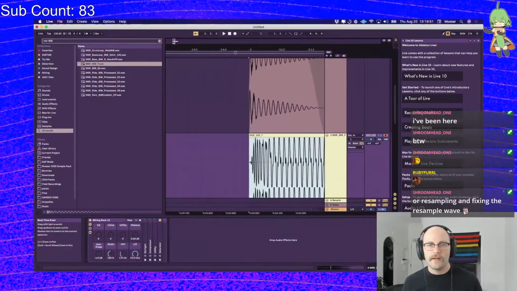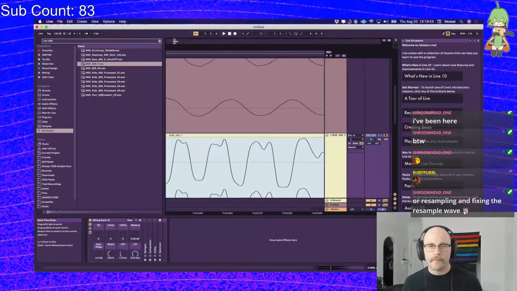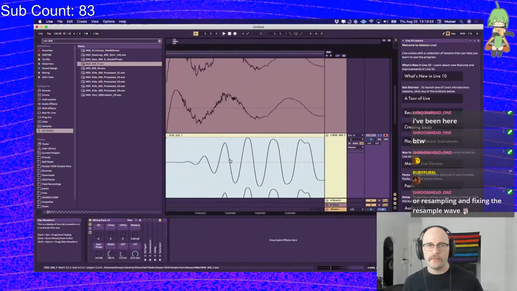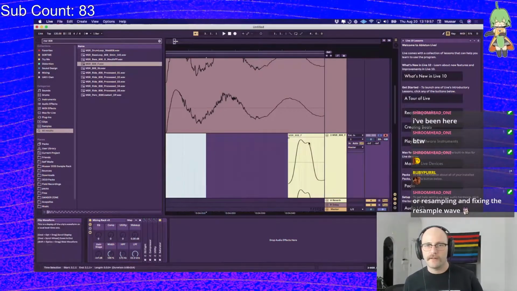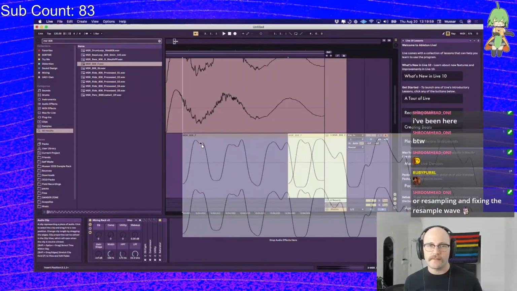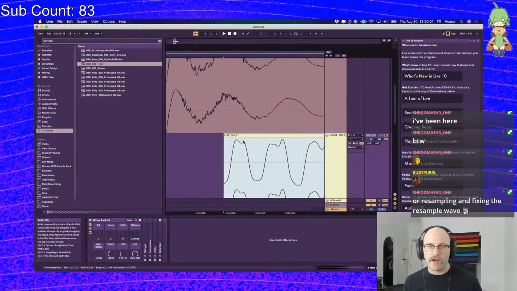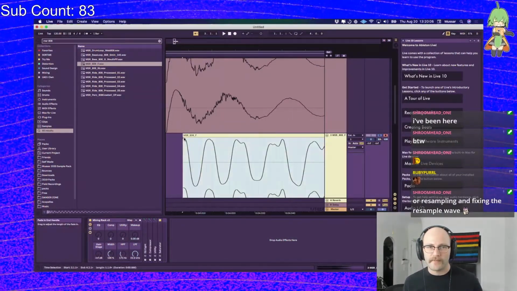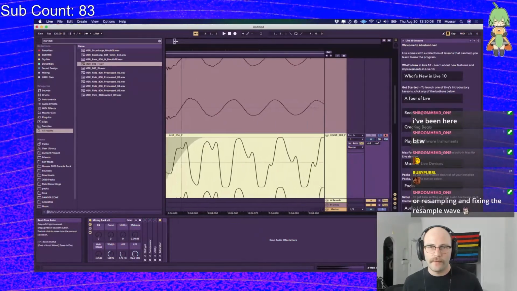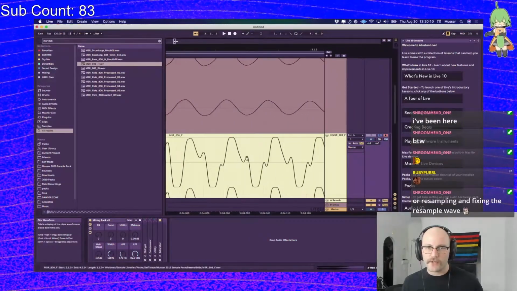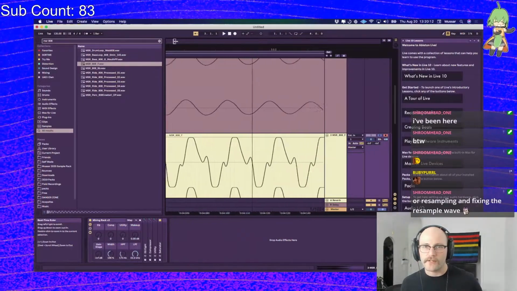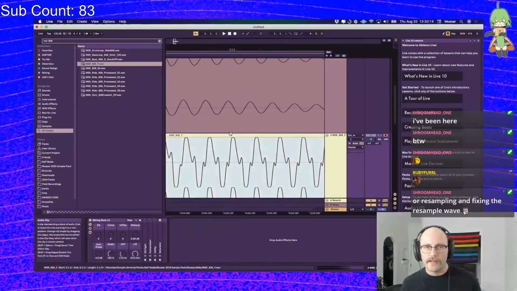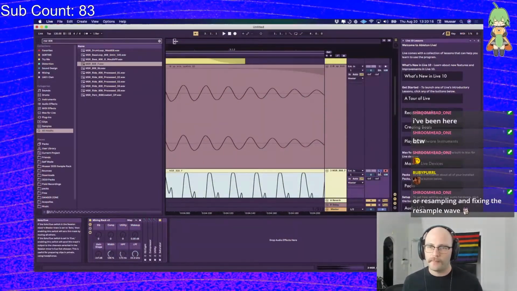And now, if I go in and look, I should be able to adjust these waves so that the peaks and troughs generally line up. Fade in like so. You can see the peaks and troughs are much closer together. They're still not perfect, and you could keep playing with this, but